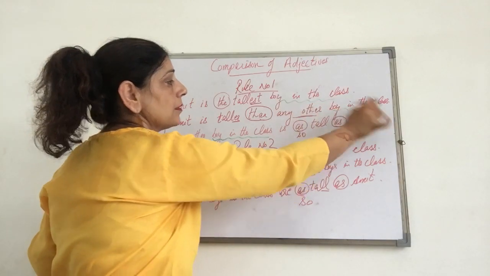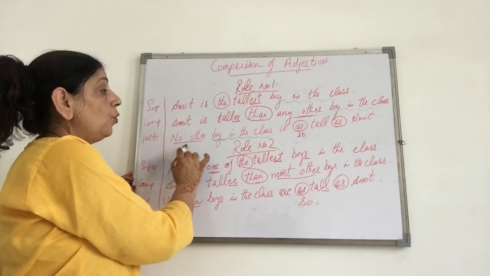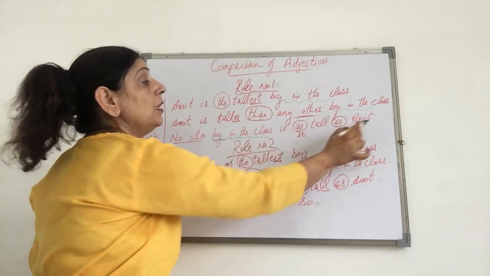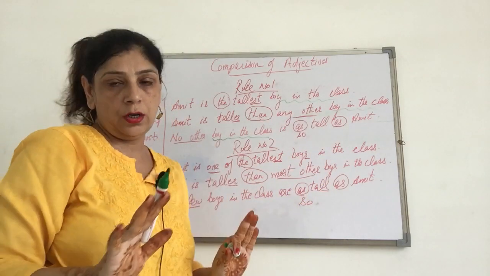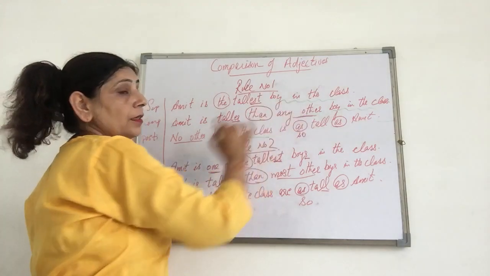Boy in the class. Few students make the sentence like this also: No other boy is as tall as Amit in the class. Here they put in the class at the end. The sentence will go wrong. It will come right there, because it is given together in the question,